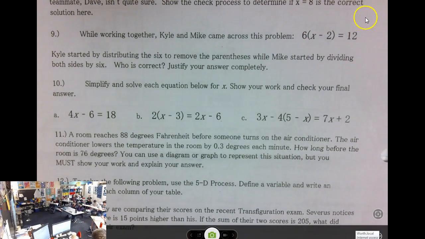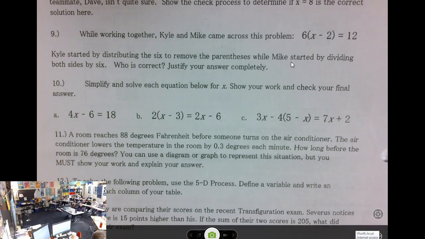This problem, you have 2 situations to think through, and I think a lot of you stopped reading after Kyle. Because a lot of you said Kyle's right. Sure, Kyle said distribute the 6 to remove the parentheses. That'll work. But then some of you went on to say, because we cannot divide, could I divide by 6 over here and divide by 6 over here? Mike's also right. So the only way that you are actually 100% correct on this problem is if you said